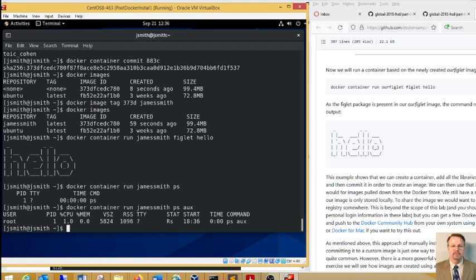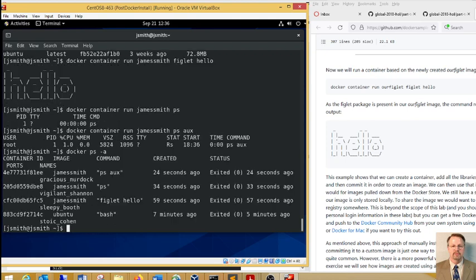Now if we do a Docker ps -a, you can see that we sent commands to them and it created multiple containers. Every time we ran a command with Docker run container, it created a new container, ran the command, and because that's all we wanted to do, it exited. This is a case where you could pile up tons of containers, and this is where you might want to run that command